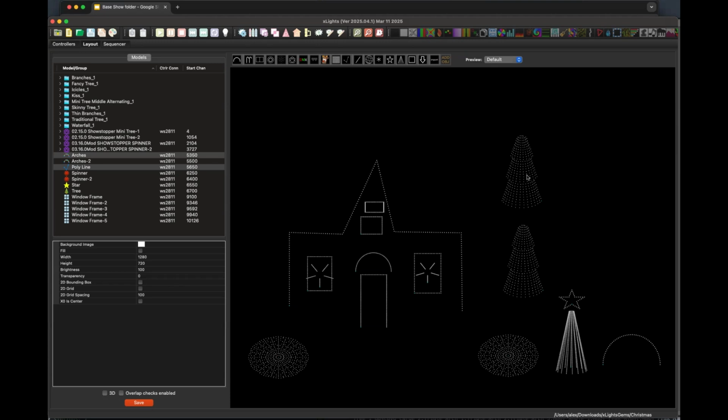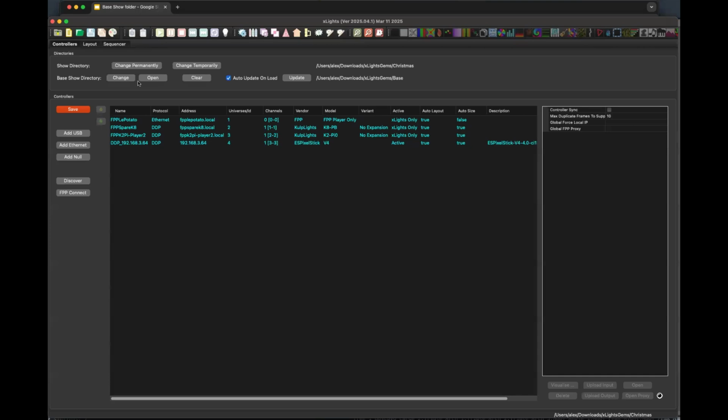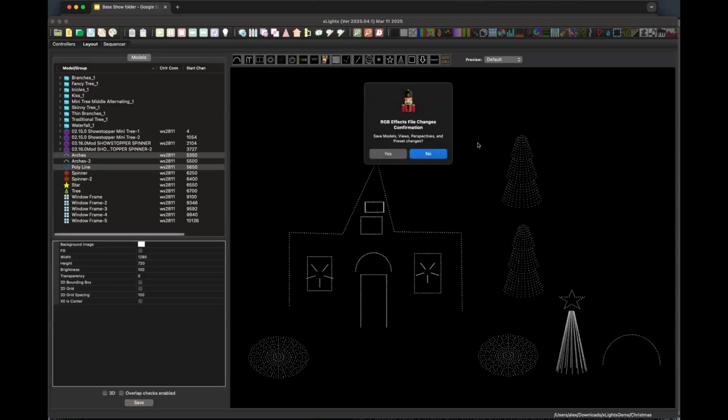Especially with, even recently there were two new effects added to the showstopper mini trees. Imagine if you use that in 2, 3, 4, 5 shows, you're gonna have to do it in each one of them. By using the base show folder, you literally just come in,